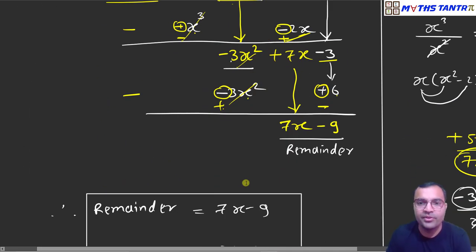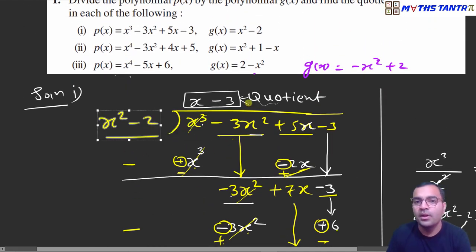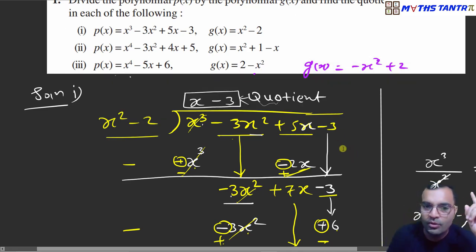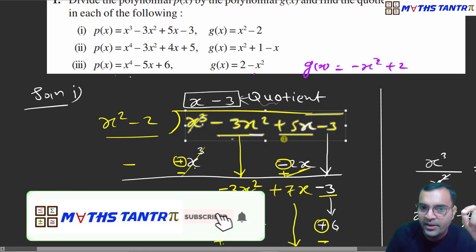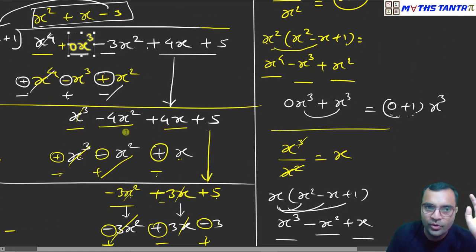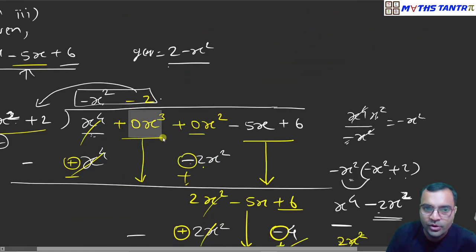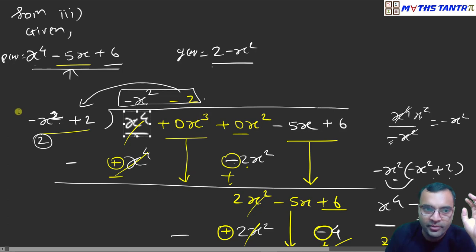Now in this class we have seen how to divide a polynomial by second polynomial, how to get the quotient, how to get the remainder. Just 2 things we should remember. Always write in the descending powers. If any power is missing, introduce 0 with it, right? Like in second one we introduce 0x cube, like in third one we introduce 0x cube and 0x square, because these terms were missing. So this should be our first step, and then start dividing.